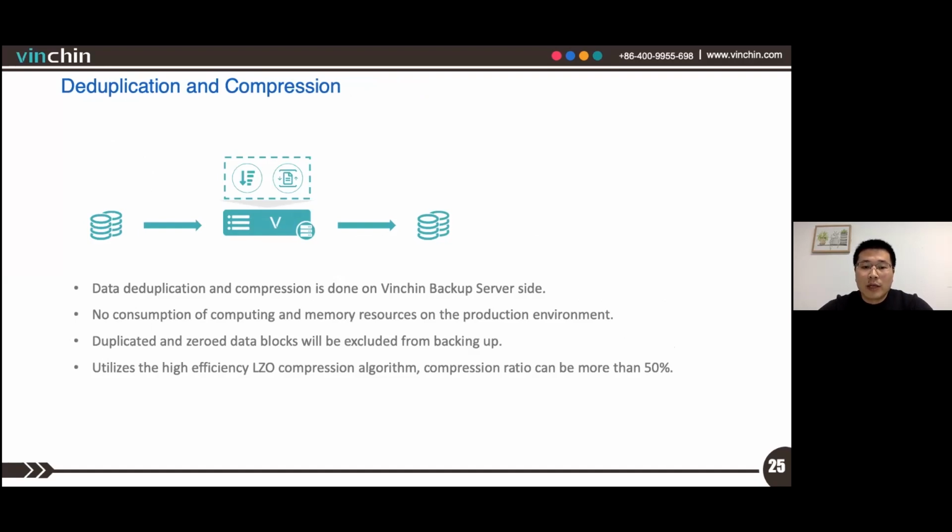The duplicated and the zeroed data blocks will all be excluded from the backup jobs. And compression is based on the high efficiency LZO algorithm, and the compression ratio can be more than 50%.